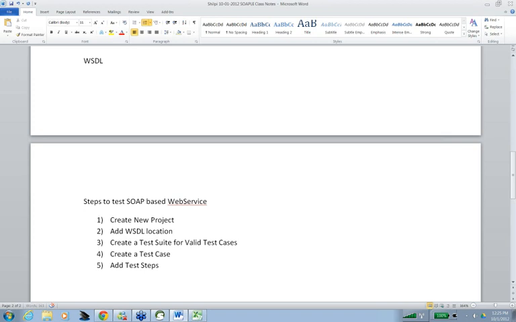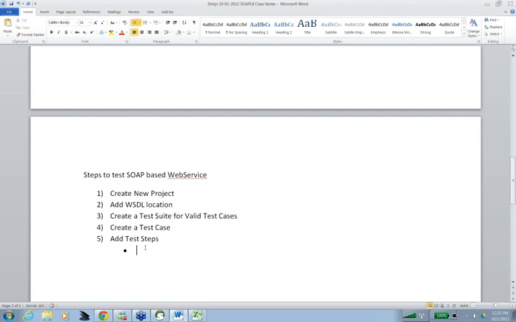So in this one, you would be creating properties. You can load properties from a properties file, or you can mention property values in the editor.